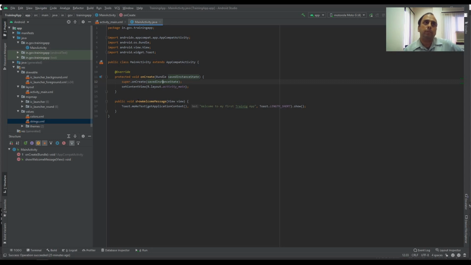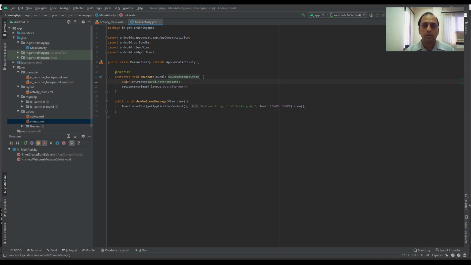I would not say it is very relevant in onCreate, but it is very relevant in onResume. When the activity is paused and when it is resuming, the state of the app should be the same. If you want that, then you should save the state of the activity when you are pausing, and when you are resuming it, you should restore that.